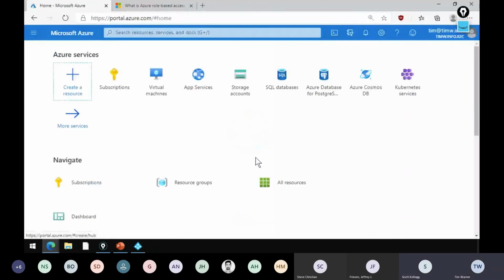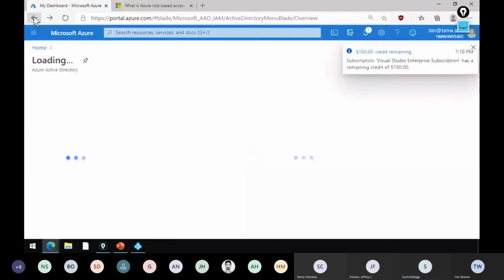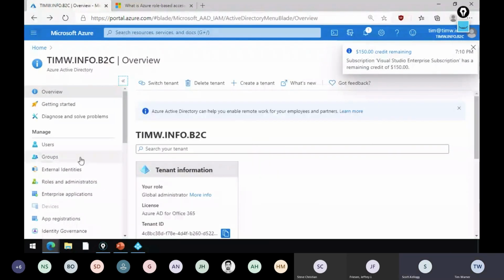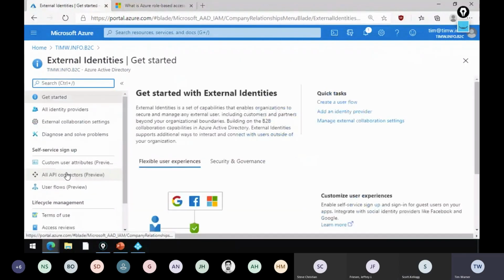Or it was in that previous screen that you were on. Back one more. Oh, yes. Okay, so here we're looking at the B2C tenant properties, users, groups, external identities.